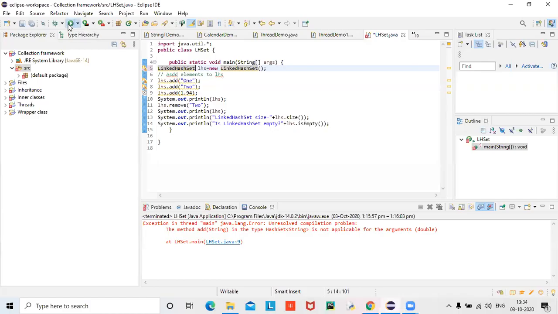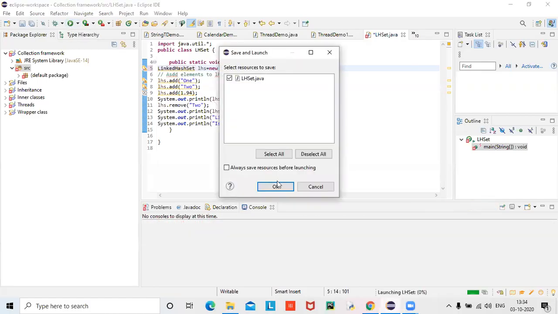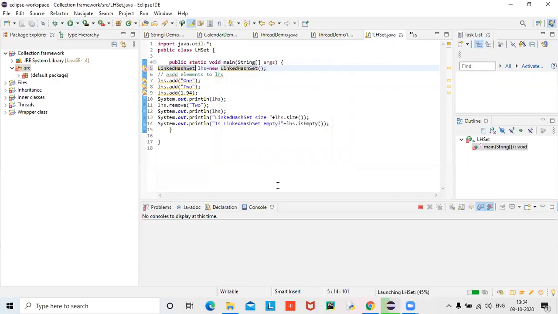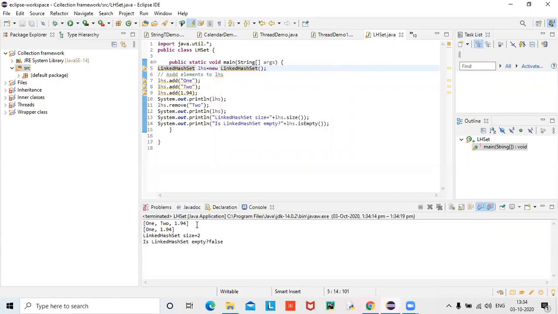Now see, it will get executed. But I don't want a decimal value in this program. I want exclusively strings. Then I can go like this: angular brackets, and within the angular brackets, the data type which I want.